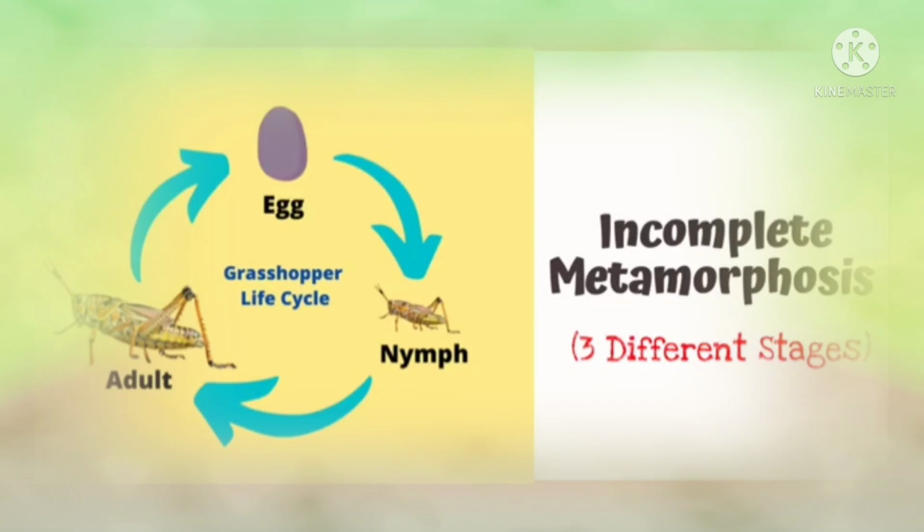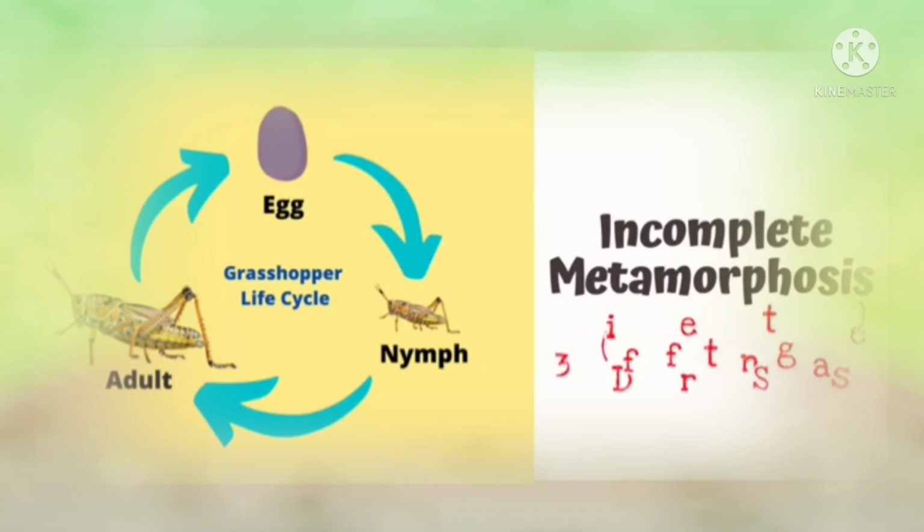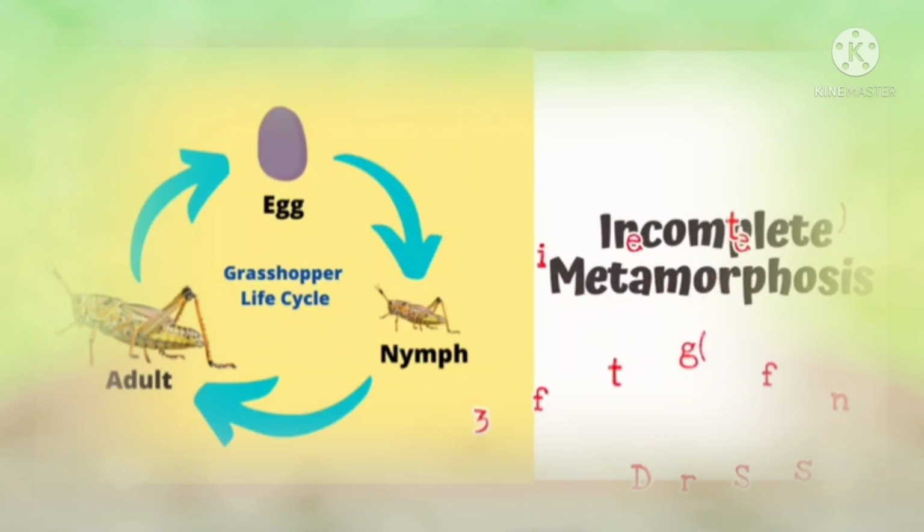Why? Because of the development during an incomplete metamorphosis, an animal will go through three different stages in its life cycle. Example, the grasshopper. The first